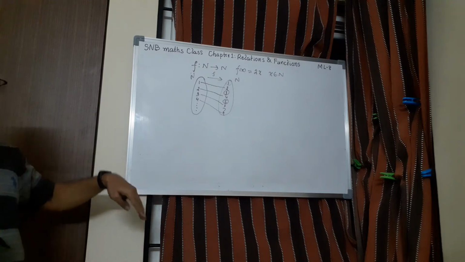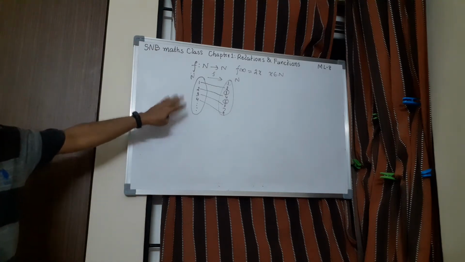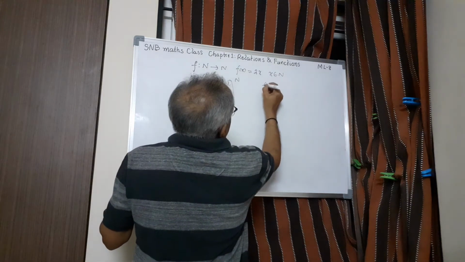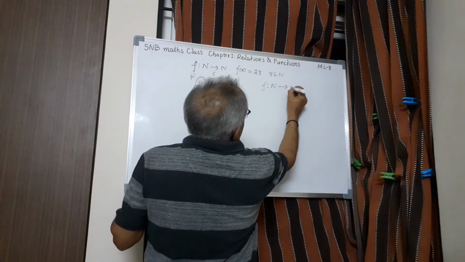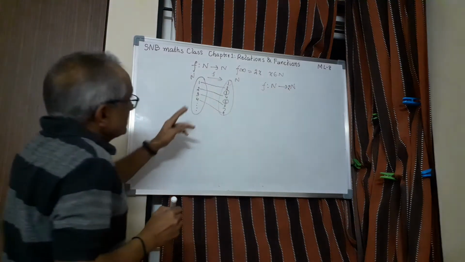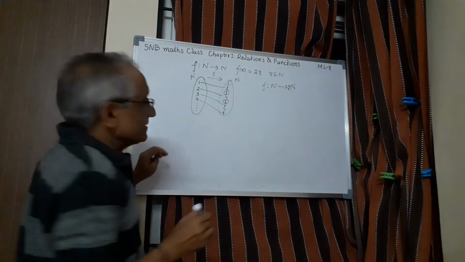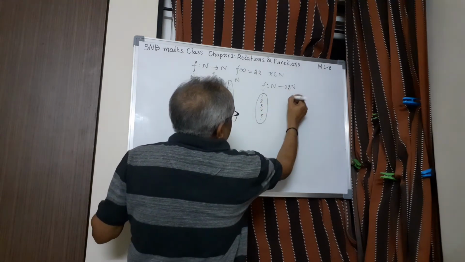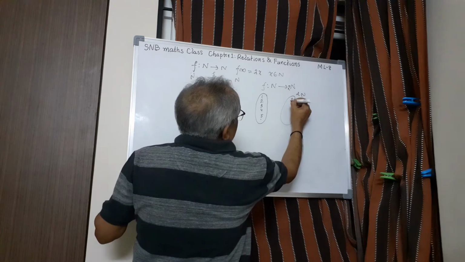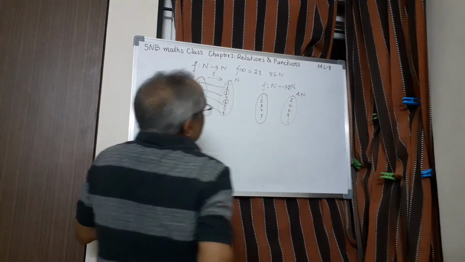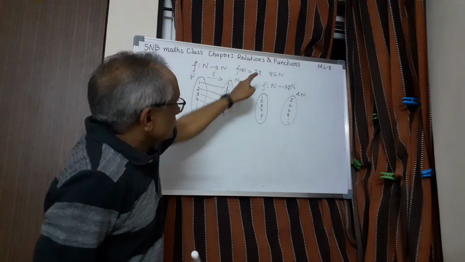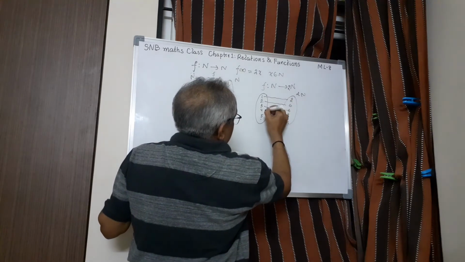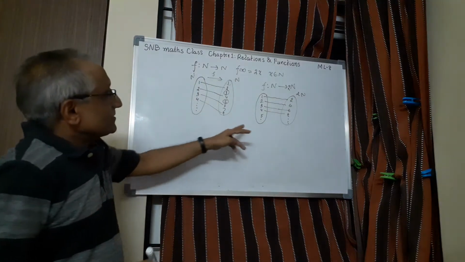But the question is, can you make it bijective? It's already 1 1, but what you have to do is make it onto. Yes, that is possible. What we have to do is redefine f from n to 2n. 2n means you remove all the odd numbers and take only even numbers. So here 1, 2, 3, 4, 5, and here 2n means you take 2, 4, 6, 8, etc. Now you can see x goes to 2x. So 1 goes to 2, 2 goes to 4, 3 goes to 6, 4 goes to 8, 5 goes to 10, etc. So it is both 1 1 and onto.